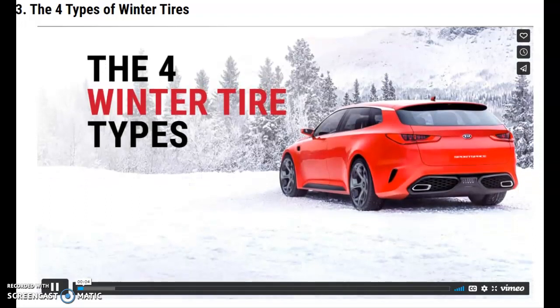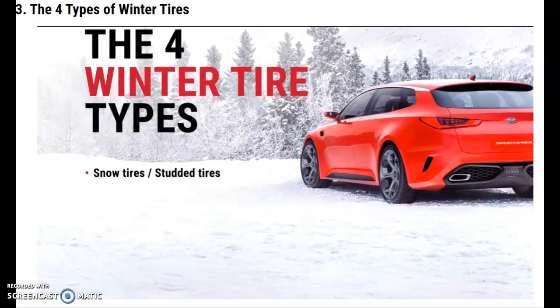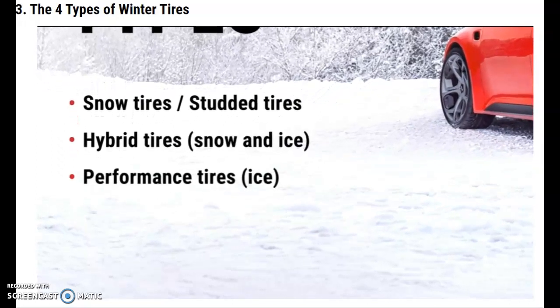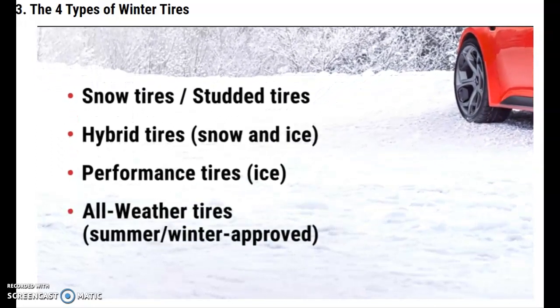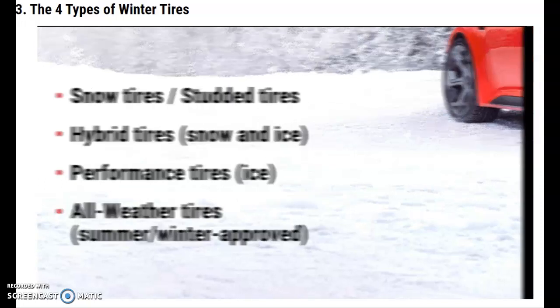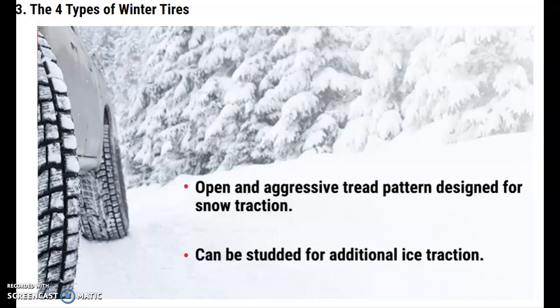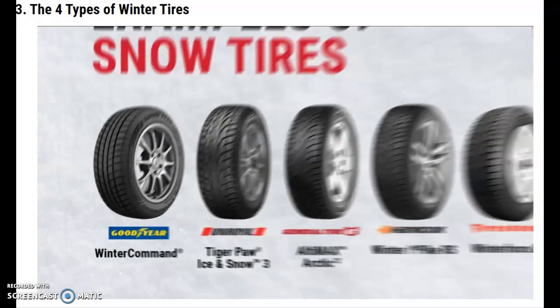There are four types of winter tires: snow tires, studded tires, hybrid tires for snow and ice, performance ice tires, and all-weather tires. Snow tires have an open and aggressive tread pattern designed for snow traction. Can be studded for additional ice traction. Some examples of snow tires are: